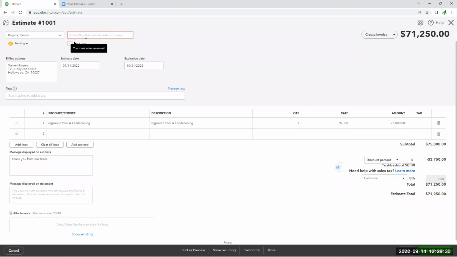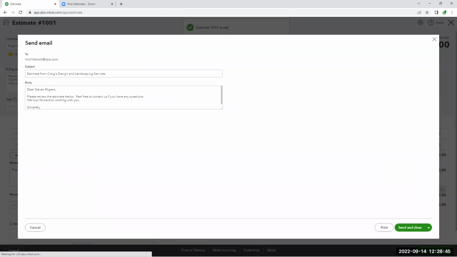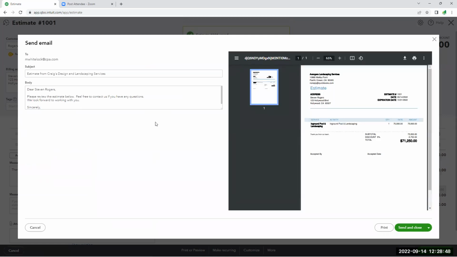Right now we don't have an email address, but I'm going to put in our office email here, just so you can see this functionality. So if you hit save and send, it's going to give you there's Stephen Rogers, and you can customize the information that you're sending to the client as well. There's Stephen, here's the estimate we talked about yesterday. Do you want to go ahead with it? There's an additional discount on there if you complete it within the next 10 days. Things like that can all be put in there, and you can customize each and every one of your estimates as you send them out. We're going to send and close,